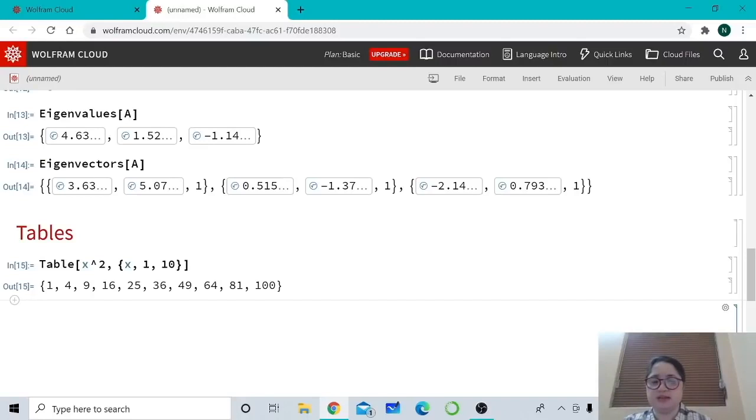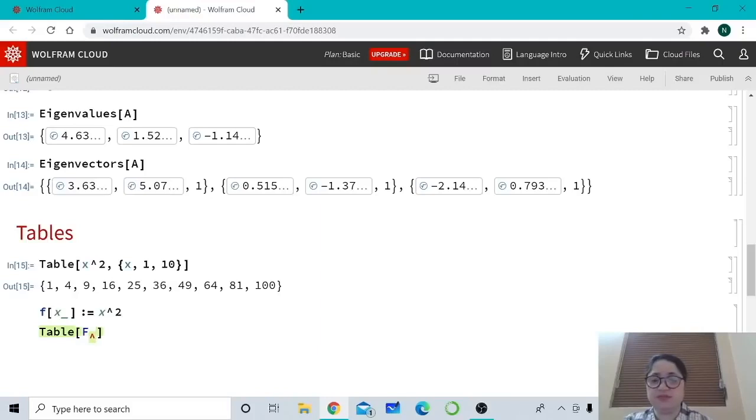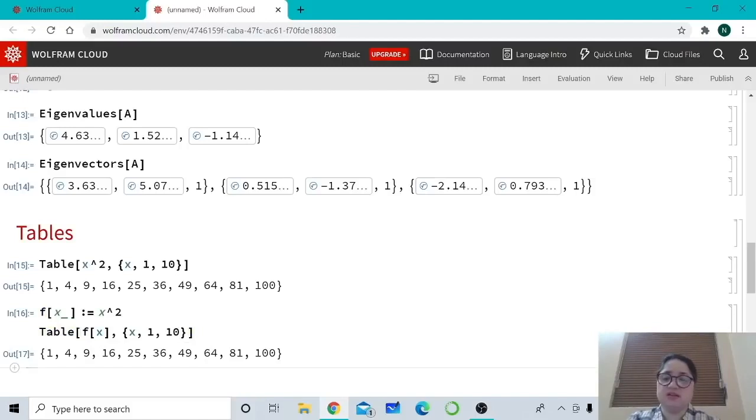For example, I consider a function f[x_] := and then I type the function I wish to define. Suppose I define the same, x square. Okay, so now if I want to generate a table, I'll give Table[f[x], {x, 1, 10}], the function of x and the range of x from 1 to 10. So in this way I'll get the value of f(x) where x is varying from 1